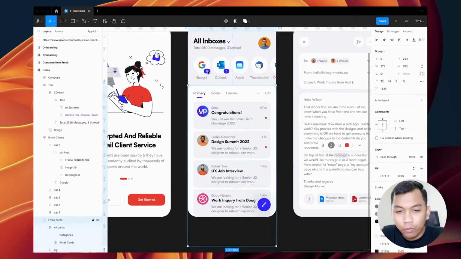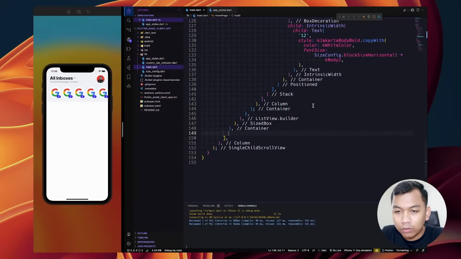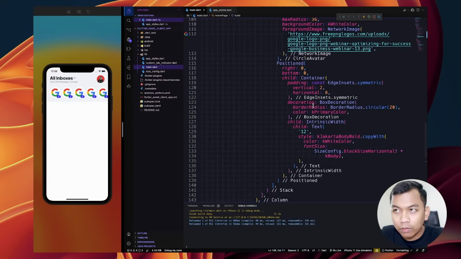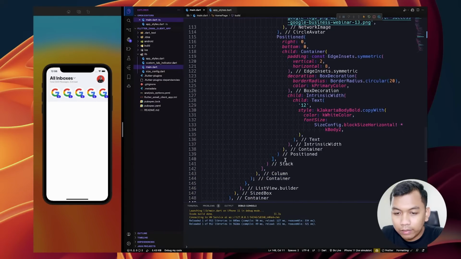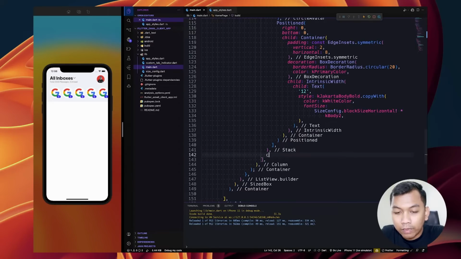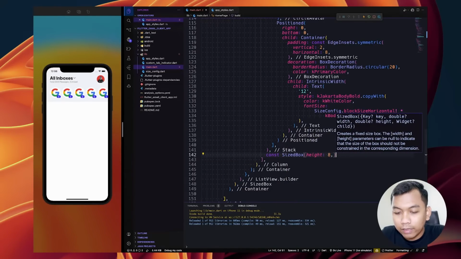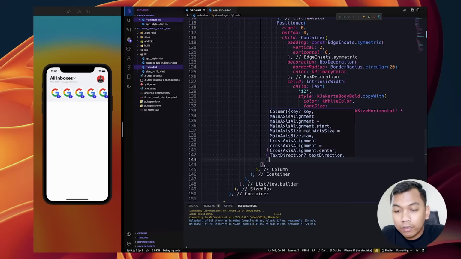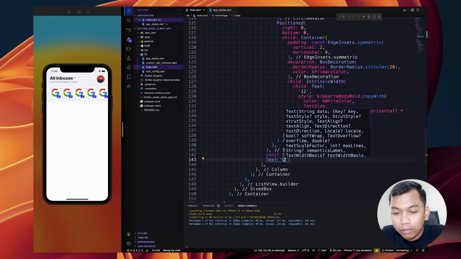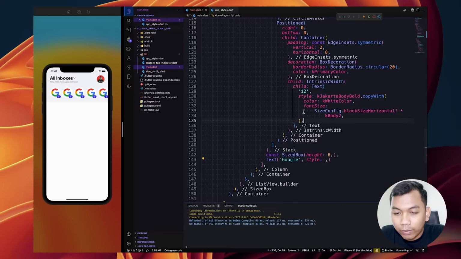I'm sorry, so we haven't yet added this Text widget, so what we need to add here, below our Stack widget we will have SizedBox with the height just 8, and for the text will be Google, and for the style let's copy this.